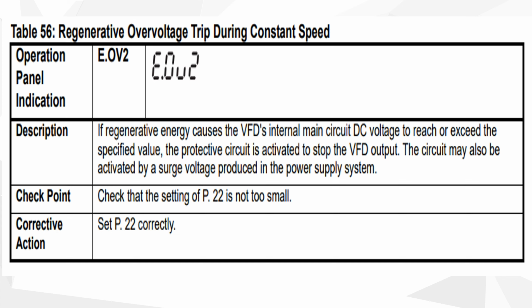VFD circuit protective terms are getting activated. That's why VFD stops giving output to the motor, and it could be because of surge voltage, because of some spikes, some unwanted voltage. So what we have to do, first we have to check parameter number P.20, there should not be a very small value. So we have to check that. And second one, it might be an issue, so in that case we have to repair power and control card. And the second chance is to replace with a new VFD. Most of